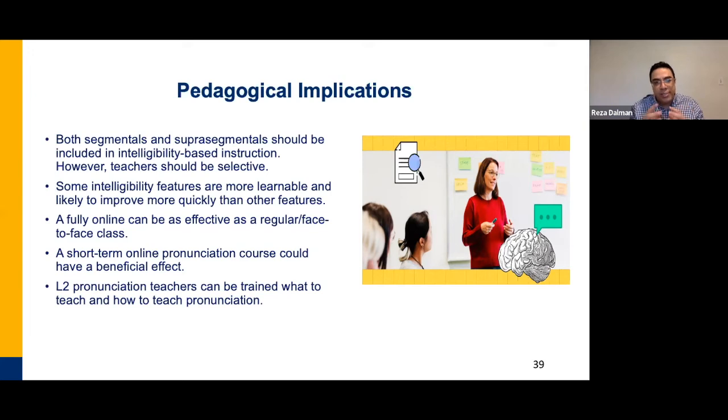For teaching the pronunciation features in this study, I used explicit instruction and a range of perception and production exercises. And a combination of explicit instruction and those perception and production exercises showed that they were successful and resulted in some improvements in the pronunciation of L2 learners. So this is something that can be included in teacher training programs for future teachers or those who are teaching pronunciation.